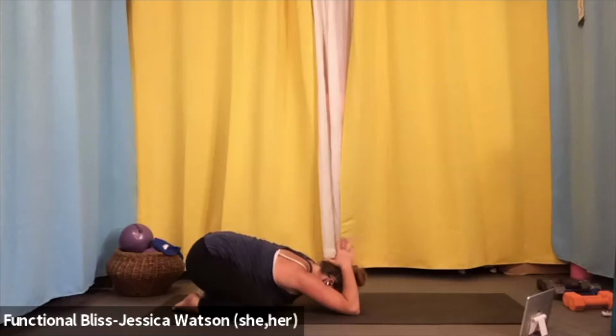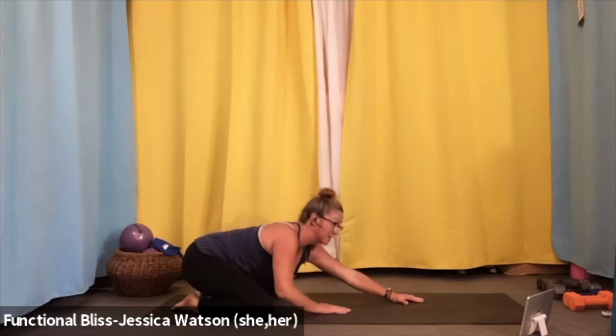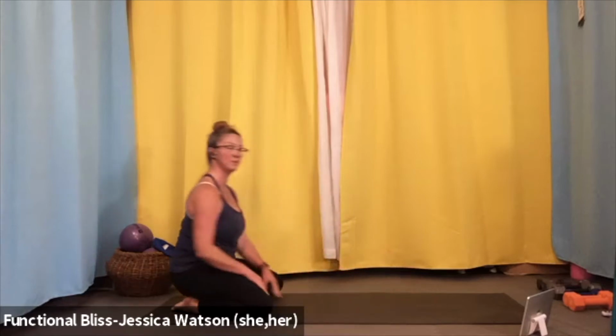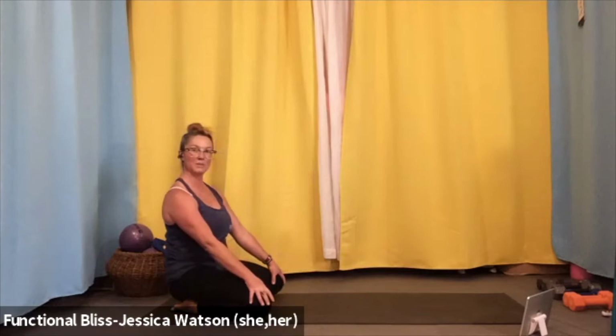Take one more breath here. If your prayer hands are behind your head, go ahead and gently release them down. We're going to sit back onto our heels. So we're going to walk ourselves up and in so that we can sit up nice and tall. We're going to make our nice claw hands grab hold of the knees, and we're going to take 3 lions